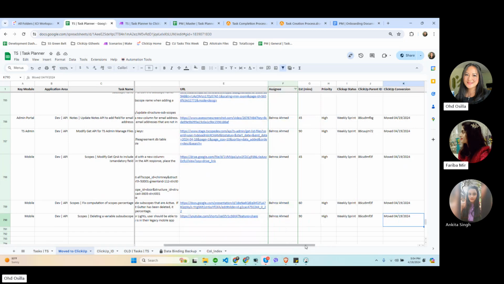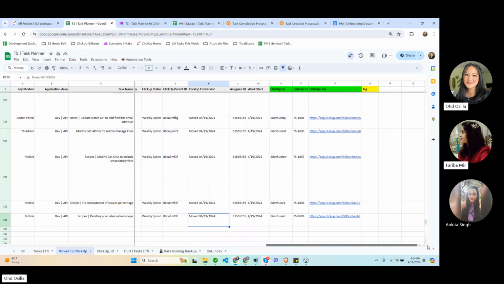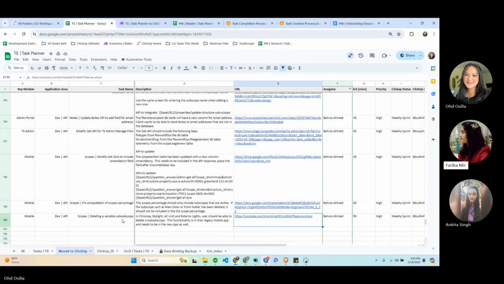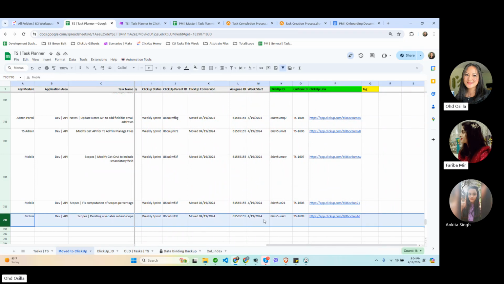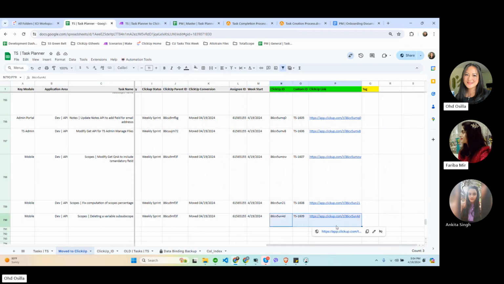So for example, we created this sample task. I'm not sure where it is, so I'll just show you. We cannot run the Make because I don't have a sample here. But when the task is moved here, this would be blank. Make will pick up this task and create it in ClickUp and then populate these rows.